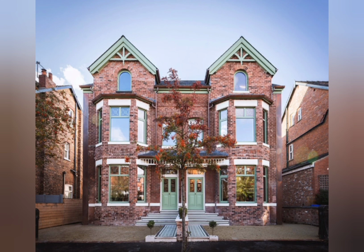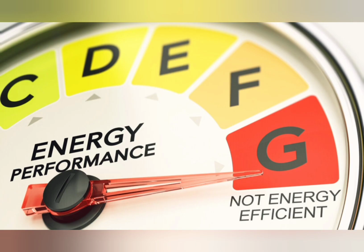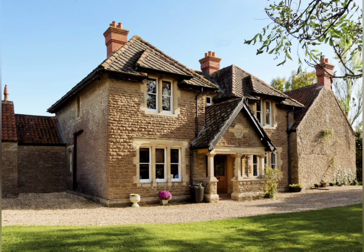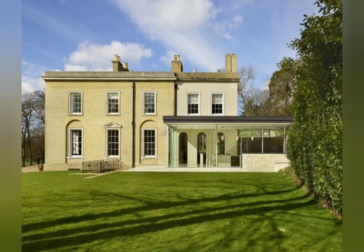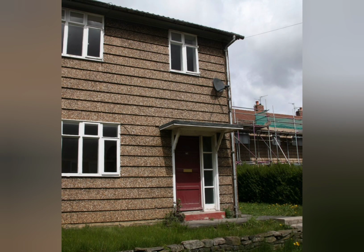Is there any financial assistance for property EPC upgrades? The government tried in the past to offer support through the Green Homes Grant, available to landlords as well as homeowners, but the scheme was quickly abandoned. Given that there is a lot of political pressure to meet green energy targets, however, it is possible that some form of financial support may be offered to landlords in the future, but so far there is nothing on the